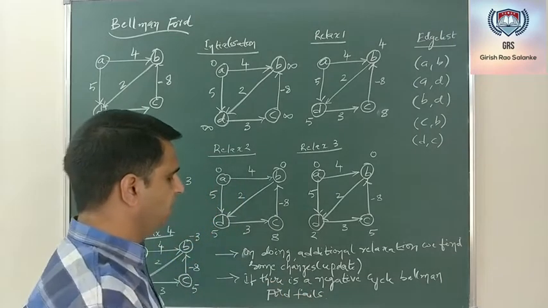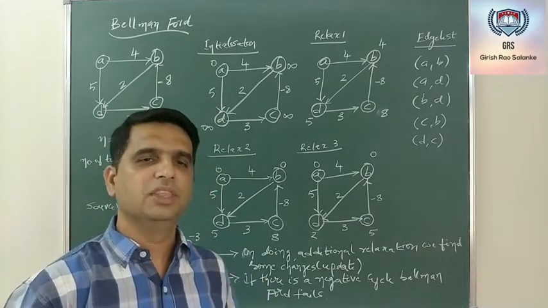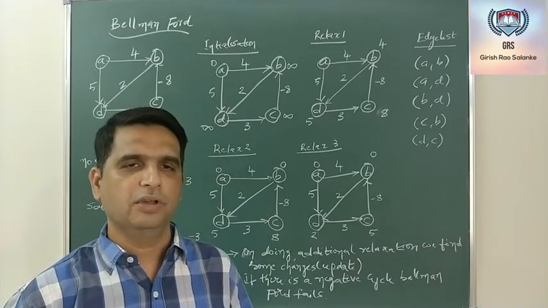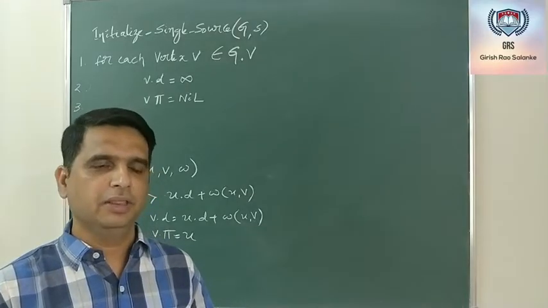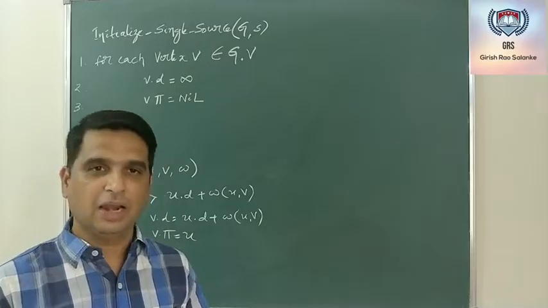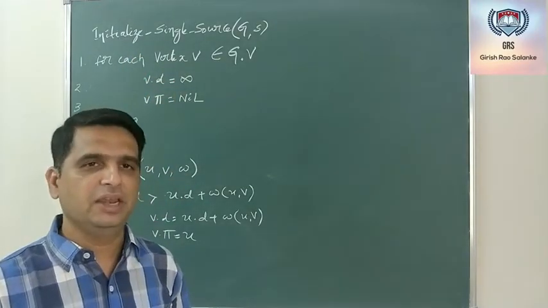So this is the special case that we look for in case of the Bellman-Ford algorithm. Now with this information, we'll come to the pseudocode of the Bellman-Ford algorithm. Before discussing it, the Bellman-Ford algorithm makes use of 2 different algorithms. One by name initialize single source, wherein we do the initialization.